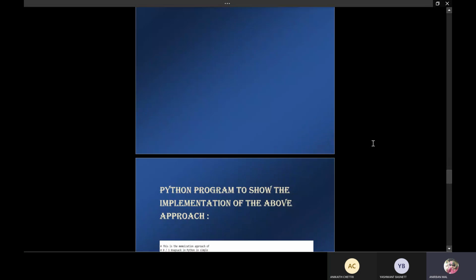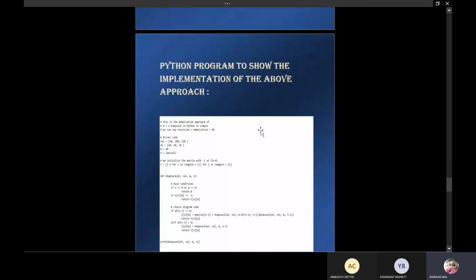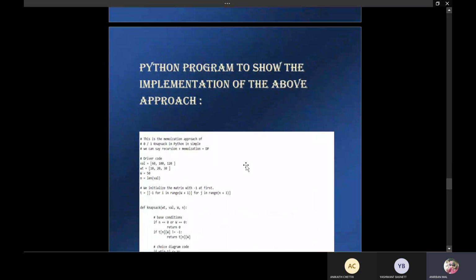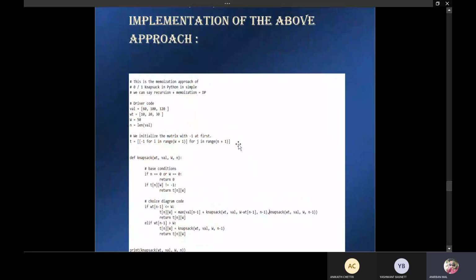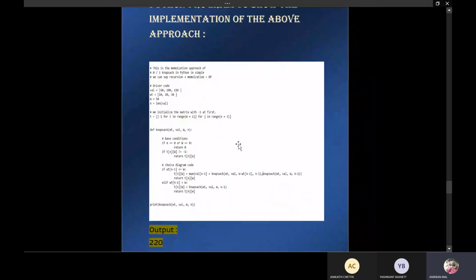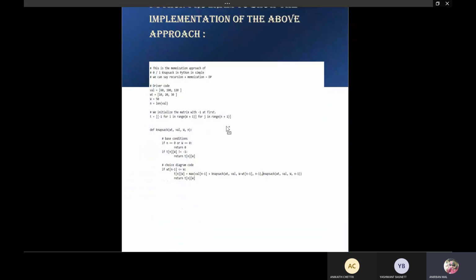So here is a small Python program to show the implementation of the above approach. Here we have first of all provided a driver code with values assigned to val, the values assigned to the array weight, and the target value is 50, and the length of val has been assigned to n. Then we initialize the matrix t with -1 at first, for i in range w plus 1, for j in range n plus 1. Then we define a function knapsack with certain variables within it, such as weight, val, w, and